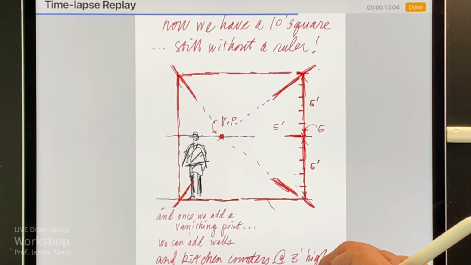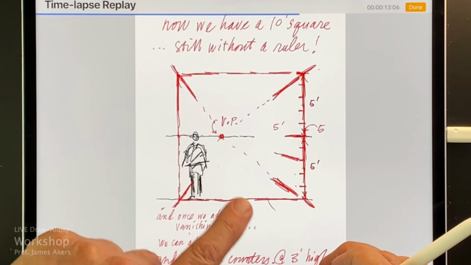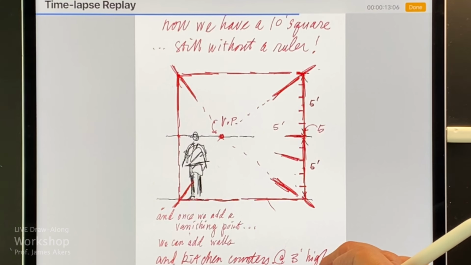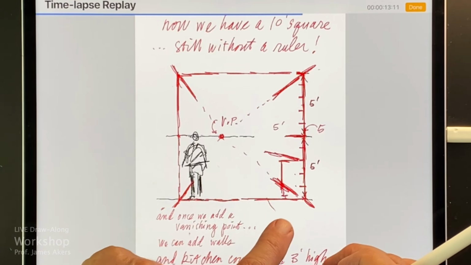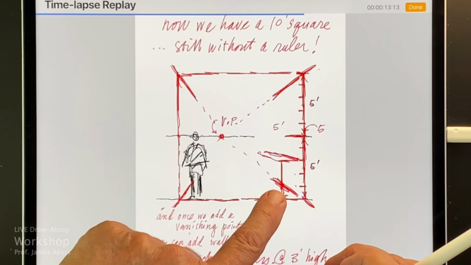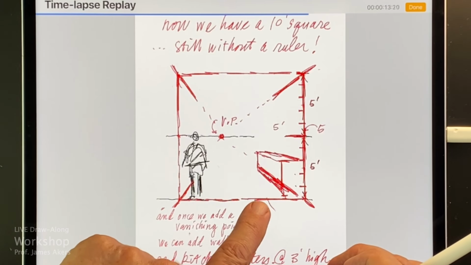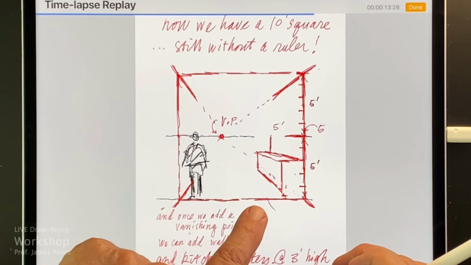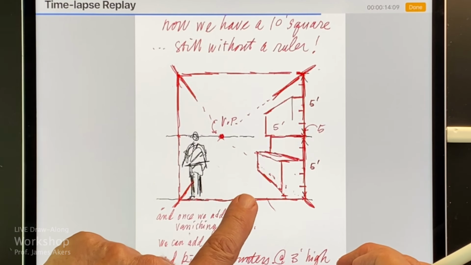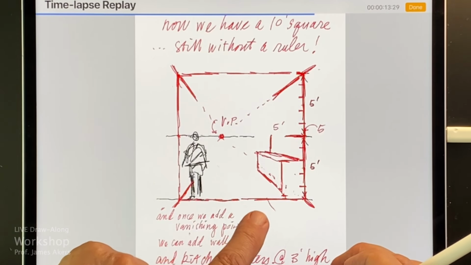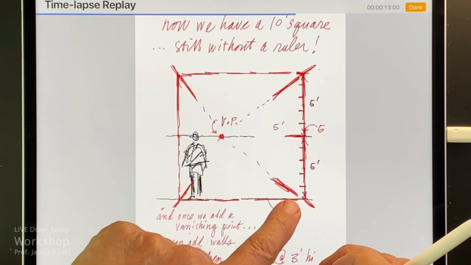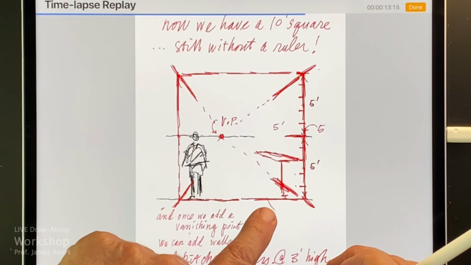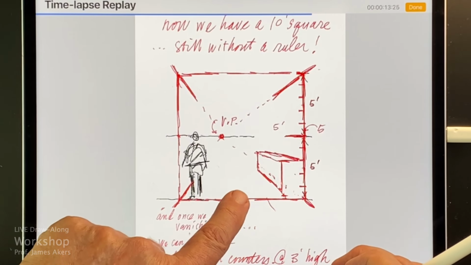So what's great about this now is you can start to bring in your experience as a designer and fill this out. So for instance, you see here the kitchen counters at 3 feet high. So I'm just starting to block in a very basic kitchen counter, and it's really ugly drawing, always very rough, but I'm not worried about the quality of the drawing now. I'm just worried about proportions. And obviously I've come out 2 feet, or I've estimated what has been 2 feet to come out, and it's probably a little bit off, but that's okay.